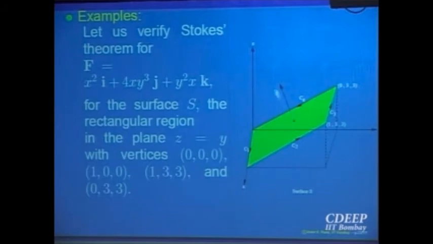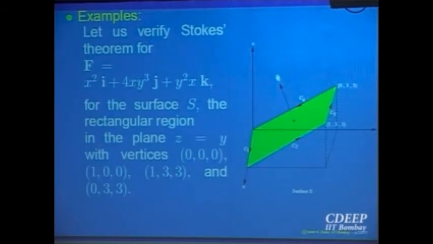So how will you give the orientation? Supposing you have chosen this as the normal, okay? You are looking from the top of that normal, looking down, right? So what will be the orientation on this? This way orientation you should be giving, so it goes like this. So that should be the orientation for the boundary. And the boundary consists of 4 parts, C1, C2, C3 and C4. So the line integral will have 4 components to be computed, whereas the surface integral will only have curl f dot n.